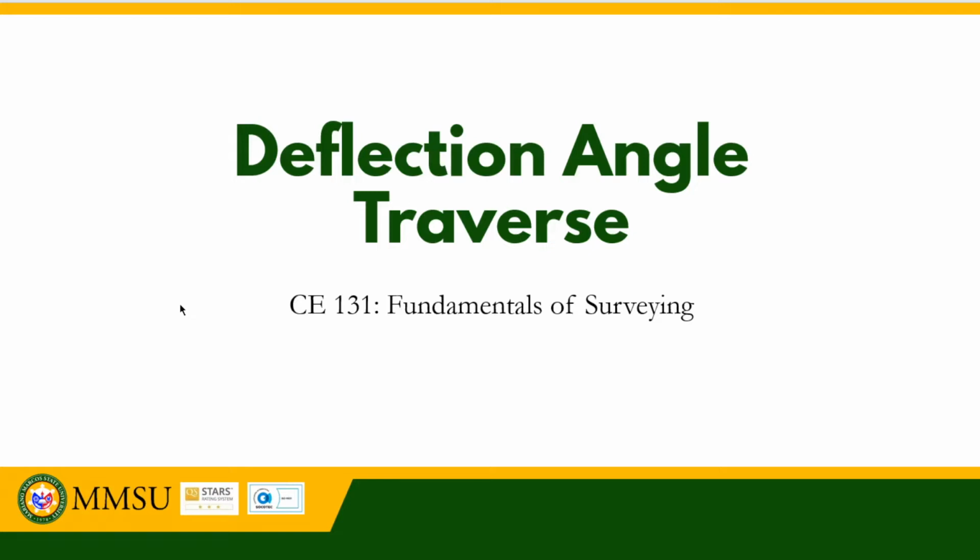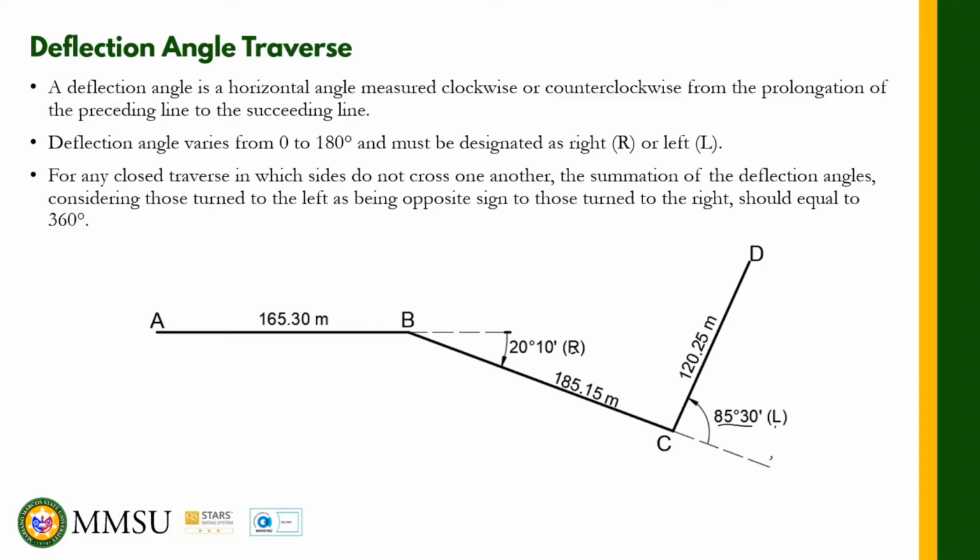But before we go and solve and compute some of the problems, let us define or discuss a few terms or theories behind the deflection angle. A deflection angle is a horizontal angle measured clockwise or counterclockwise from the prolongation of the preceding line to the succeeding line. As you can see from the figure here,